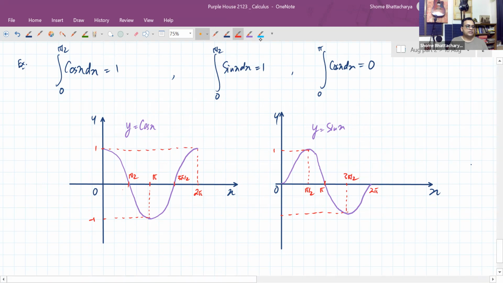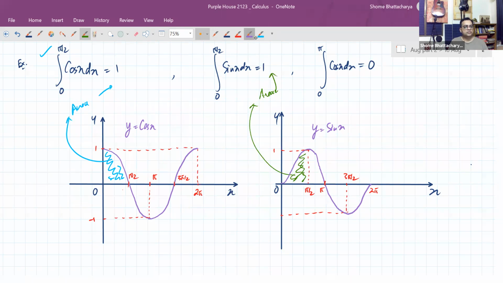So the first one that we have calculated, this is actually this area. This area is equal to 1. The second one that we have calculated, this is actually this area now. Sin x from 0 to pi by 2, this area is equal to this. Whereas the third one is this area plus this area. Okay, the sum of the areas